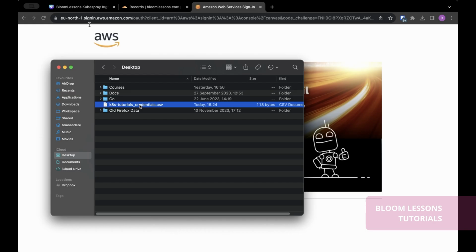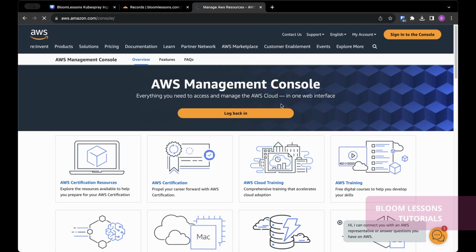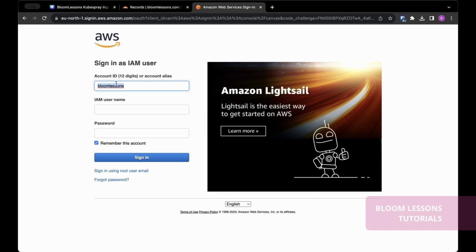Open the CSV file. So from this CSV file, you'll find the required credentials, the username and the password. I'll go back to login. Here we'll retain the account ID. This is just our account alias. Make sure if you don't have an alias, you enter the correct account ID. Our username will be KS tutorial, and then the password will be the password we obtained from the CSV file